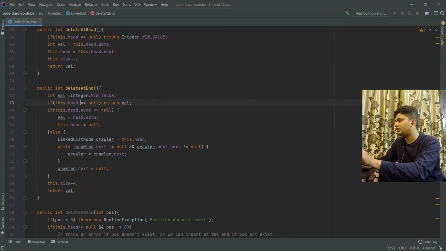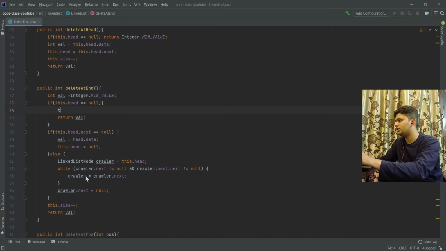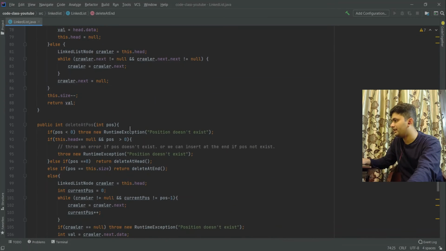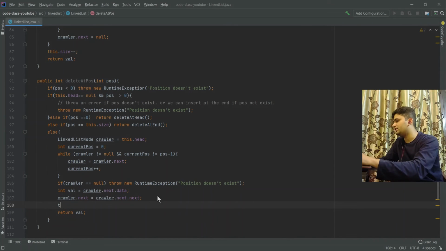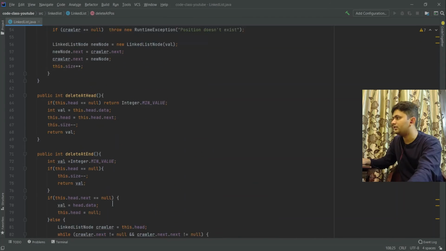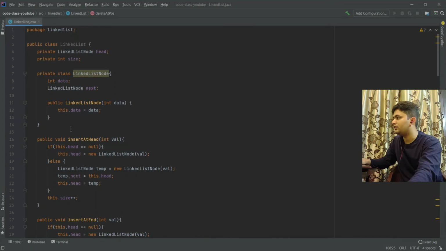In this case also, we want to do this dot size minus minus. And in this delete position, we are simply doing this dot size minus minus. So here goes our whole code for linked list.